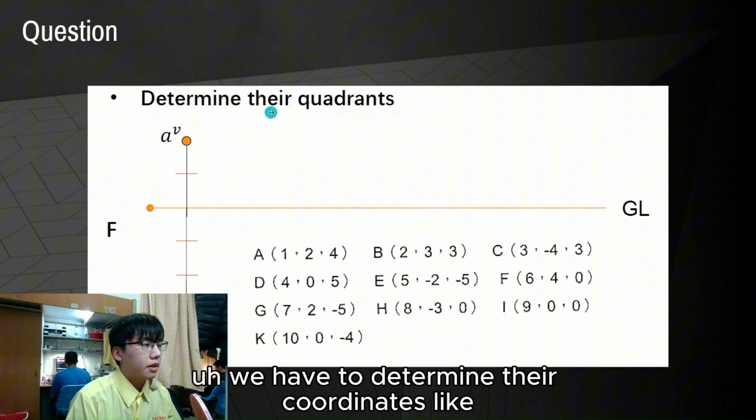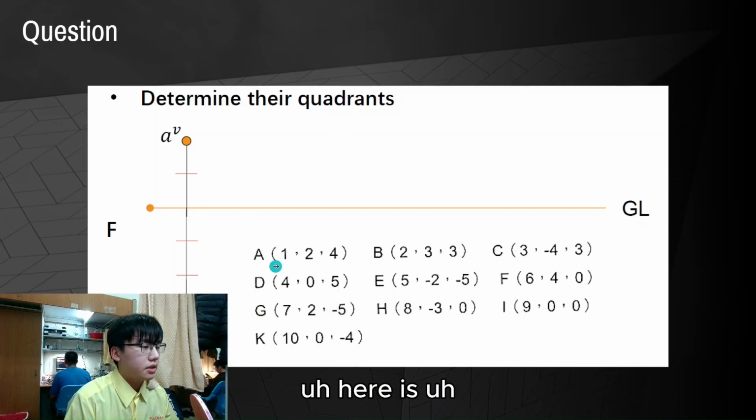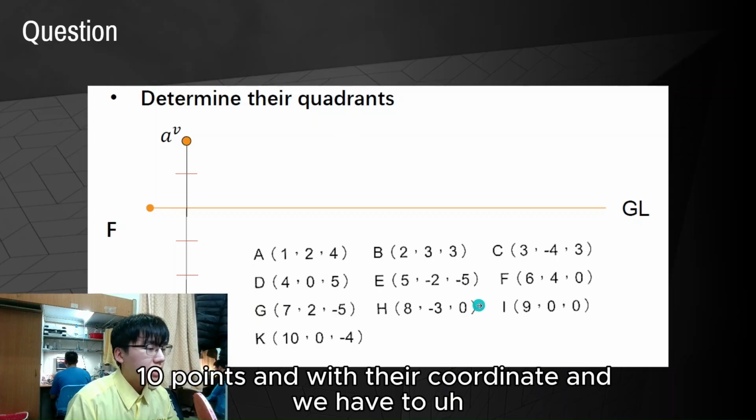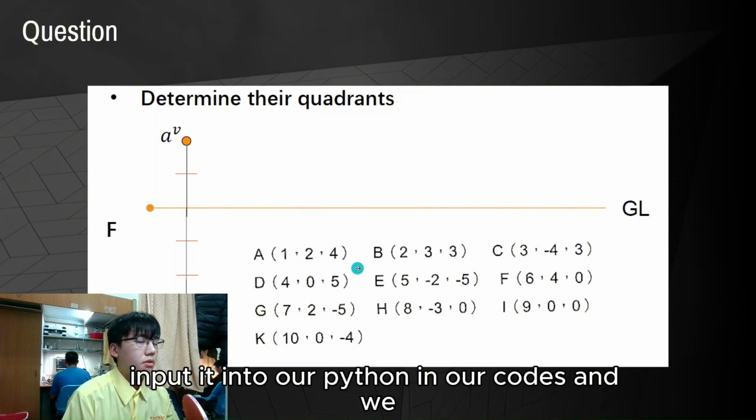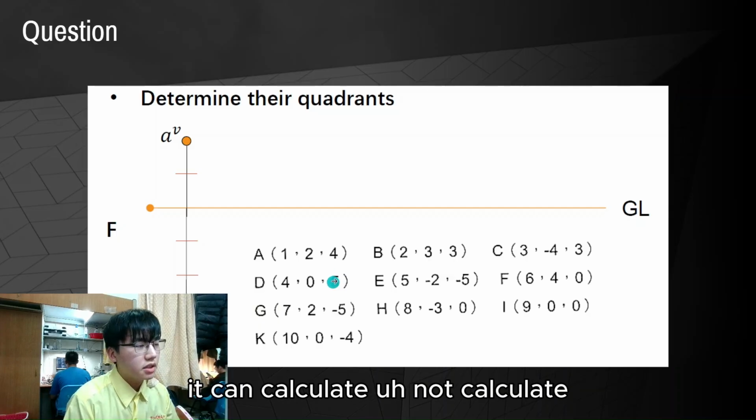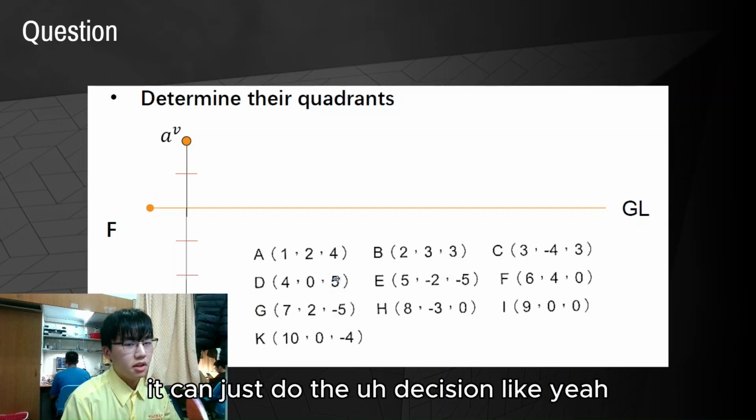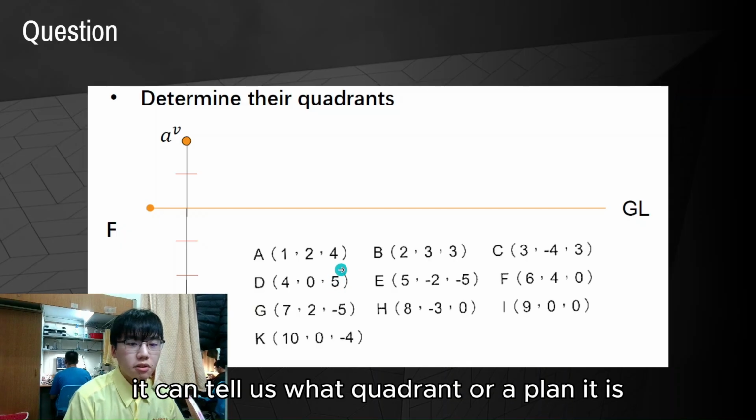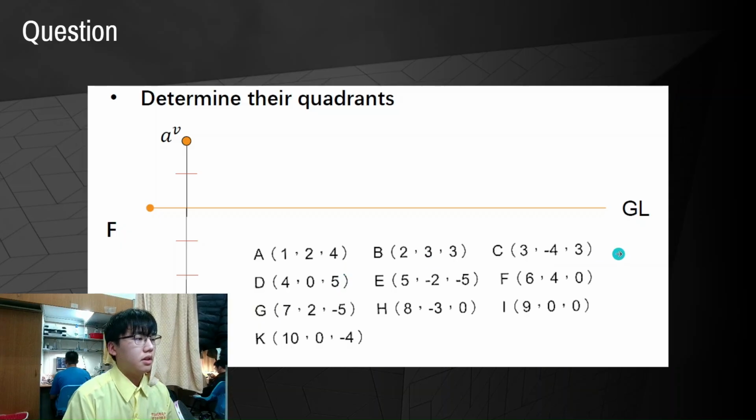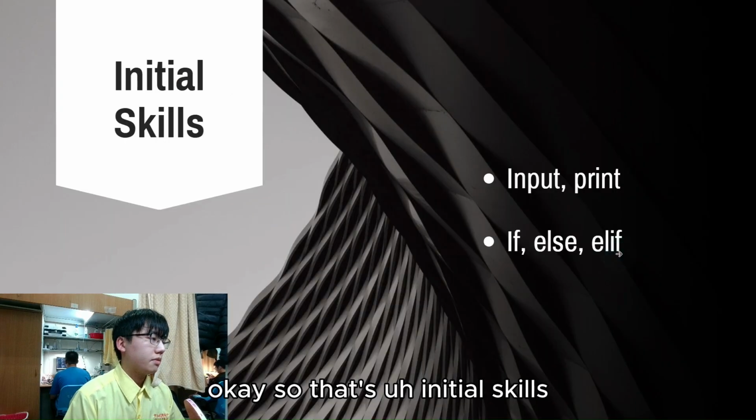We have to determine their quadrants. Here are our 10 points with their coordinates, and we have to input them into our Python code, and it can do the decision. It can tell us what quadrant or plane the point is in. Okay, so that's